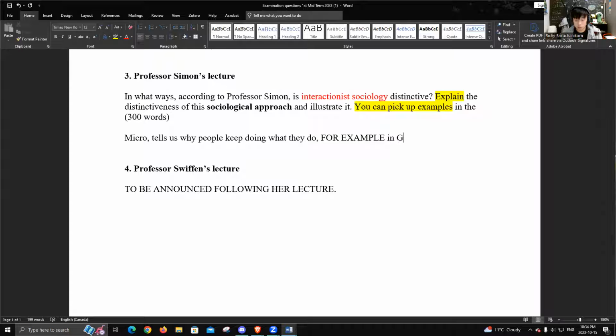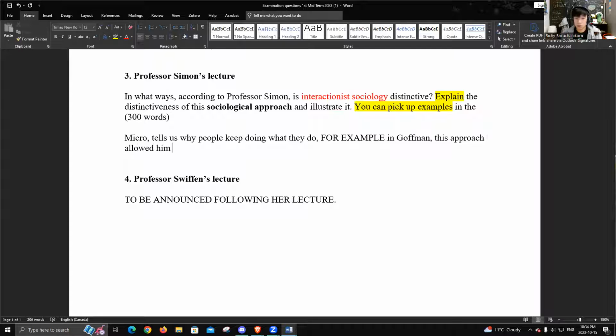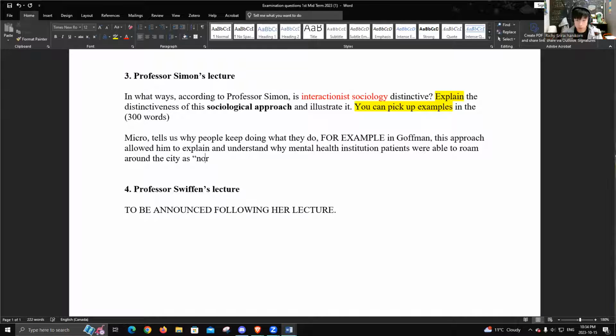For example, in Goffman, this approach allowed him to explain and understand why mental health institution patients were able to roam around the city as normal passing by using civil inattention, right? Or why